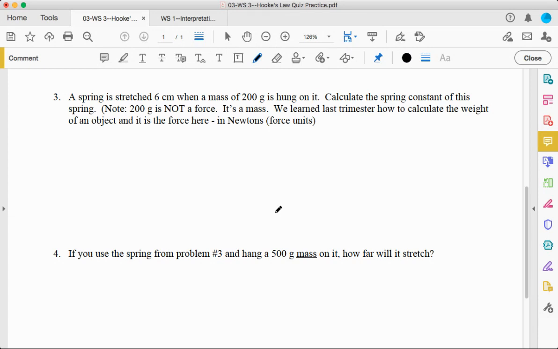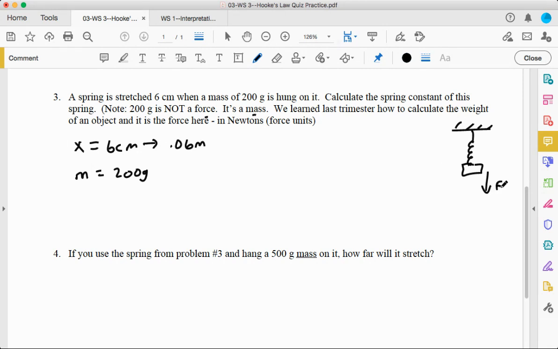This one throws a couple little curveballs at you. This time the spring is stretched 6 centimeters, and 6 centimeters converted to meters is 0.06 meters, like above. The mass of this thing is 200 grams. You notice the inflection in my voice there. 200 grams is not the force. Remember, it's a mass. If we're going to hang this mass, say this is the ceiling and there's a spring hanging from the ceiling, and we hang this thing, maybe it's a fish or something like that,